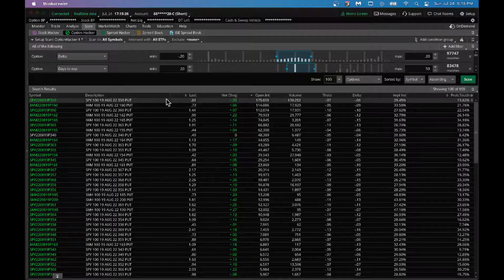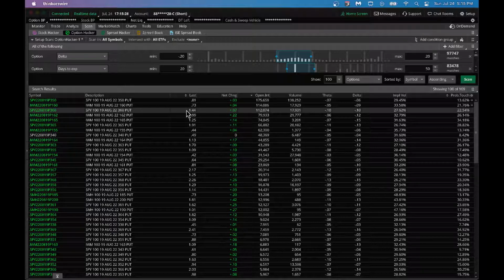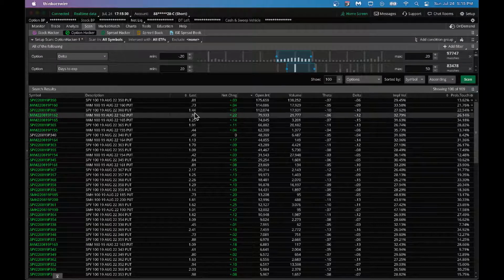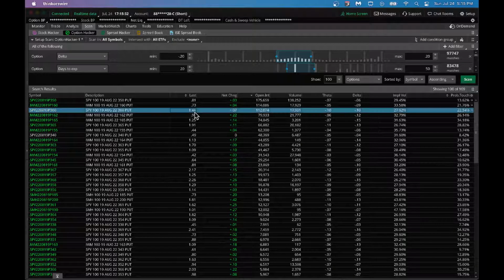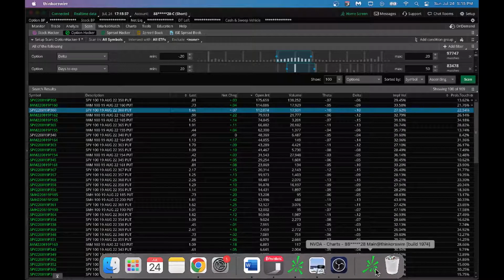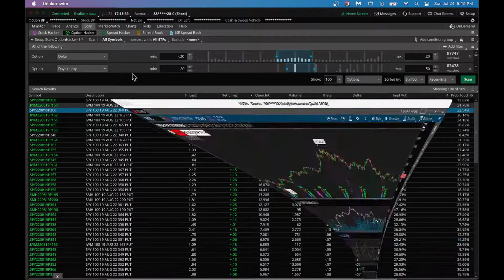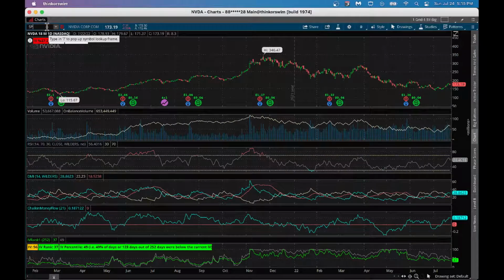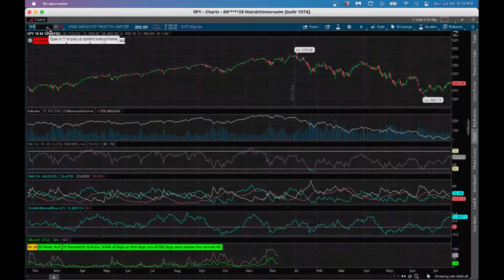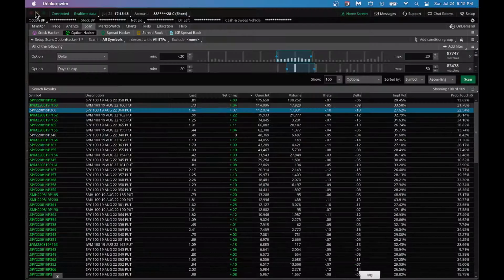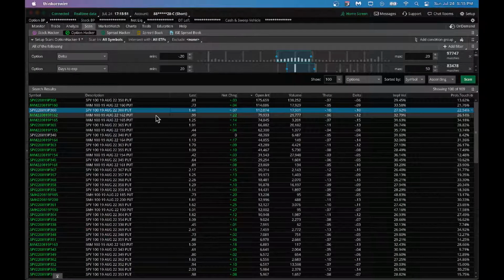And then we got a few more here. Look, we got SPY again. This is a good one here. You could make $144 by selling SPY 360 put. So we can go back to our chart here and bring up SPY. All right, look, SPY is at 395 here, and if I go back to my scan here, we are selling SPY